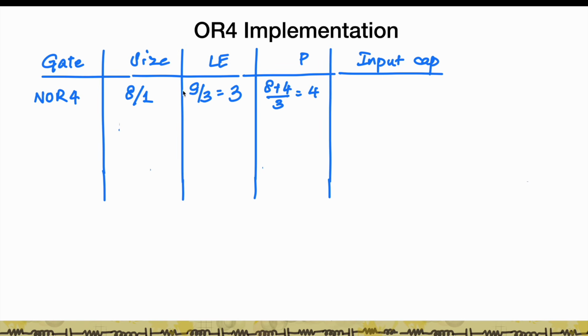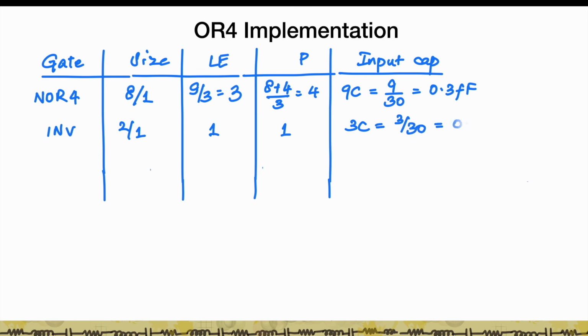Parasitic delay is going to be 8 PMOSs contributing, 1 PMOS of size 8 contributing to 8, and 4 NMOSs each of size 1. So it's 8 plus 4 by 3 or 4. And the total input capacitance is going to be 9 times C, which is 9 by 30 or 0.3 femtofarad. If I look at the inverter is 2, 1, logical effort 1, parasitic delay 1 with an input cap of